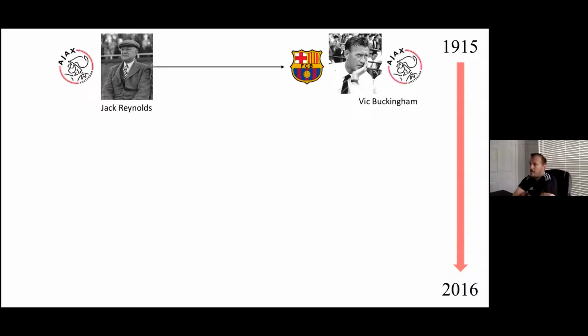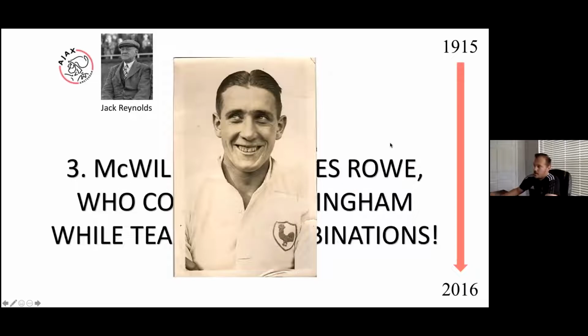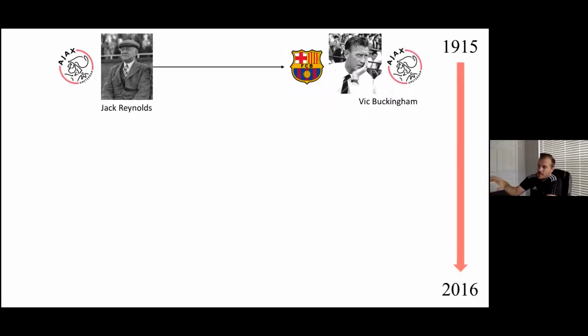Vic Buckingham basically got the ideas, just so you see the spread from Queen's Park, that possession-oriented style of play. It made it all the way through to Tottenham when this man was a player, Vic Buckingham, and adding a little bit of, obviously, combination play through this man teaching it at Tottenham Hotspur. So possession-oriented style of play with some combination play.